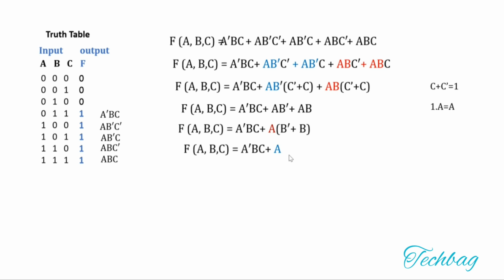So this expression is similar to A plus A dash B. By absorption law, A plus A dash B can be written as A plus B. This is the absorption law, one of the rules in Boolean algebra. So A plus A dash B is equal to A plus B. Here instead of B, we have BC. So you can simplify this as A plus BC. So this is the minimal sum of product expression of this function f. That is the minimized expression.